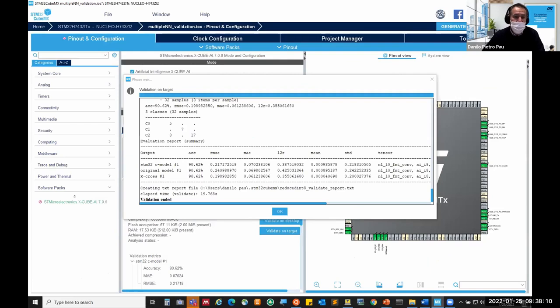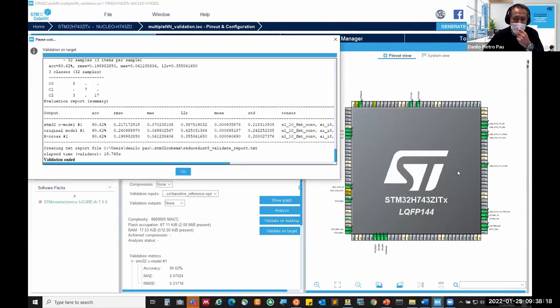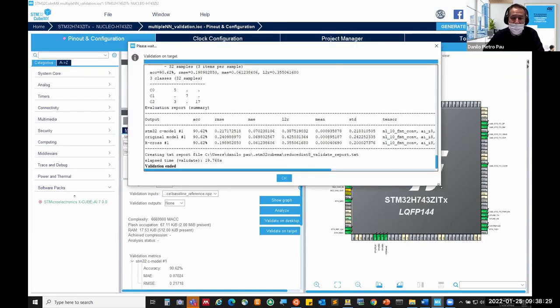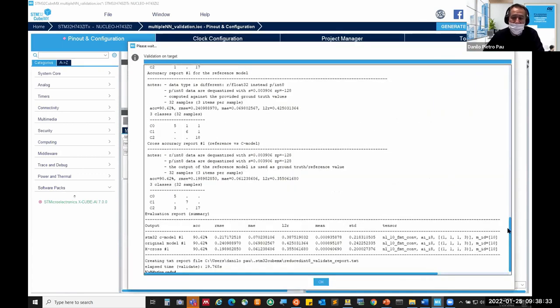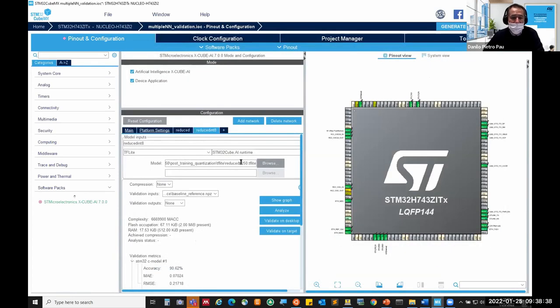So what you see here, this interface, is essentially CubeMX. CubeMX you can download freely. You can pick a microcontroller, in this case an STM32H7, and set the pins, the clock, and the interface, and then add X-CUBE-AI, whose current version is 7.1.0, which automatically converts the pre-trained neural network.